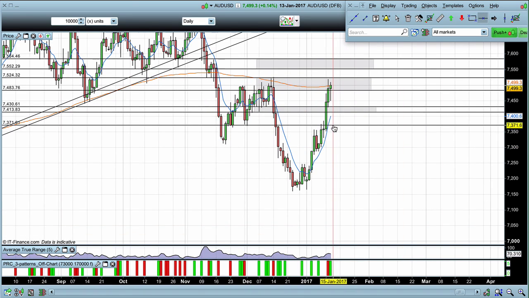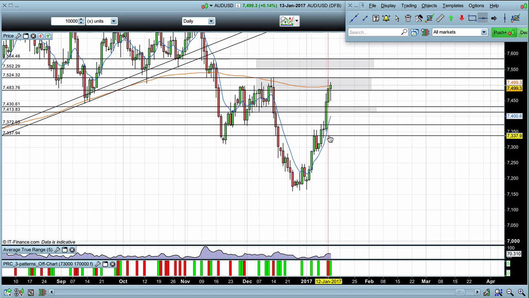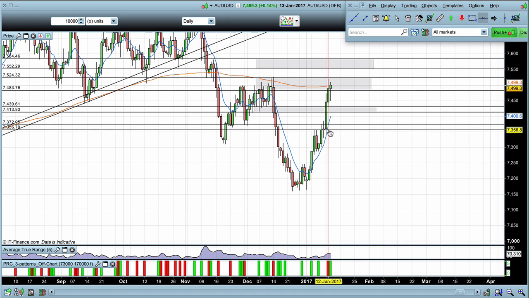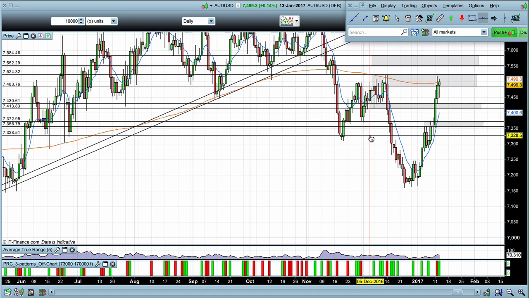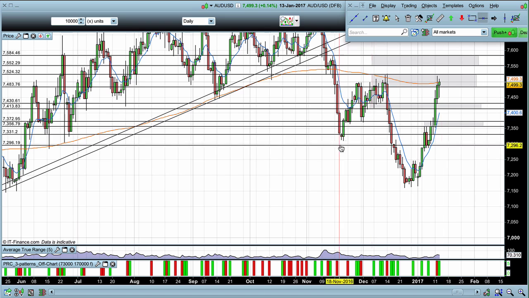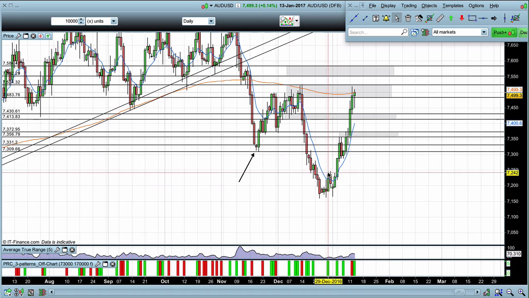Down below there, we have a very nice level. Let's just mark this in properly. Do you want it here or here? Here is the level of support, and then it's back down at the previous swing level right here. So those are the main areas I will be watching next week.